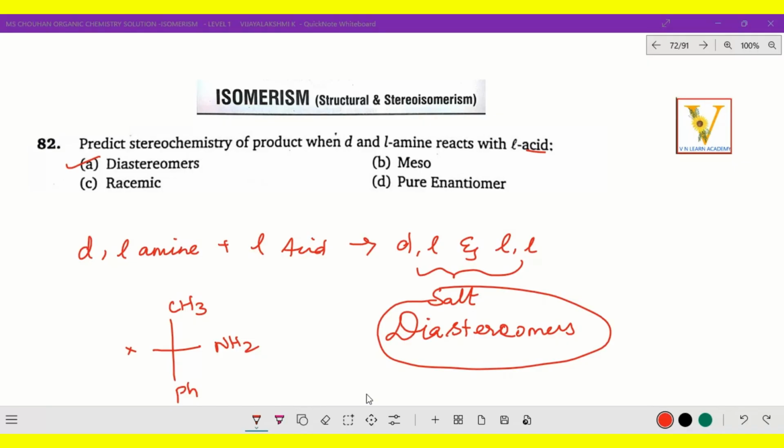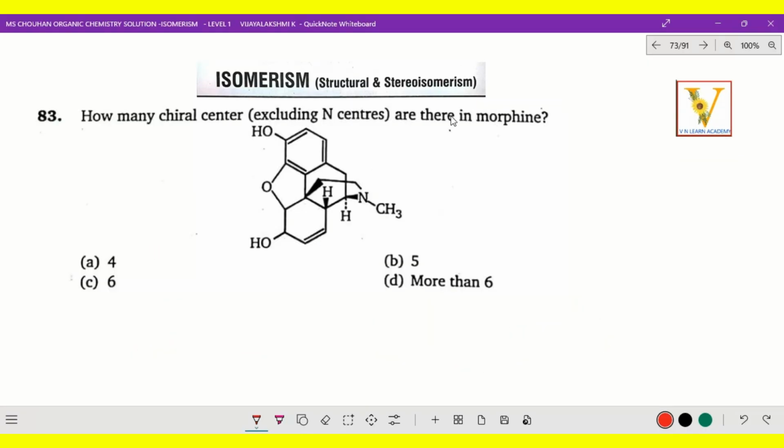Next question, it is on morphine. Morphine is one kind of painkiller, a pain reliever. It's a medicine and a narcotic analgesic kind. Right, come on, let's find out how many chiral centers are available. A chiral center means a carbon attached to four different atoms or groups. So that is called a chiral carbon. So here one chiral carbon, here two, then this is 3, this is 4 and the last one here is 5. So these are all the 5 chiral carbons.